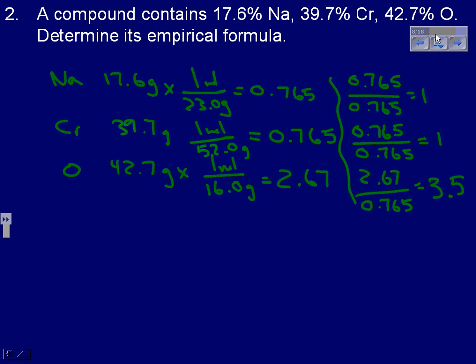Now, what are we going to do with the 3.5? We can't have a half of a mole or a half of an atom of oxygen in there. And so in this final step, if I end up with a 0.5, I can multiply all of these numbers by 2 to bring them up to the true value. Which means our empirical formula this time is Na2